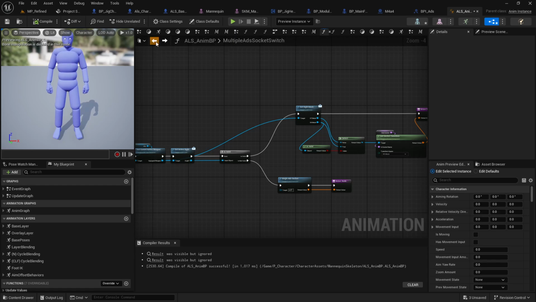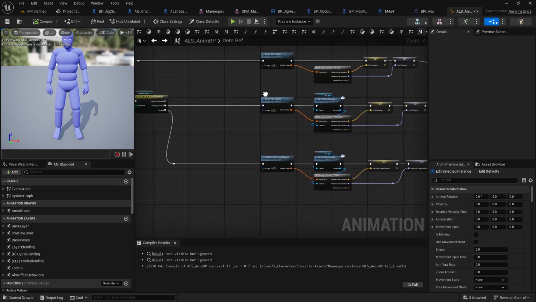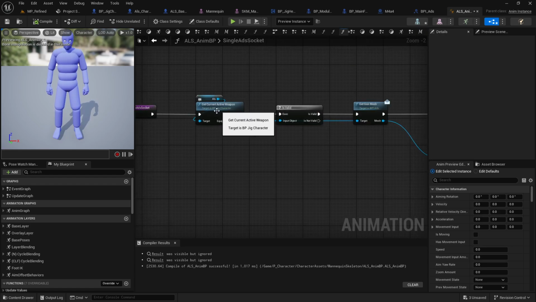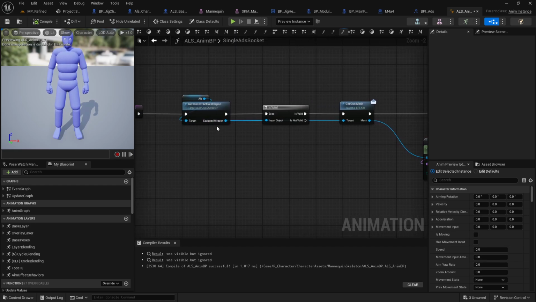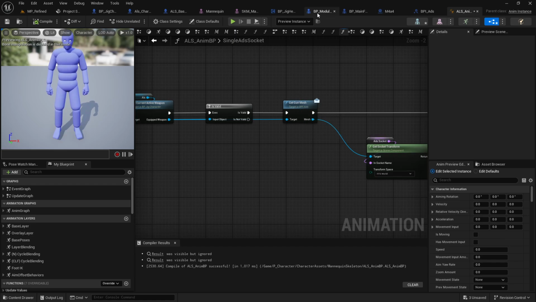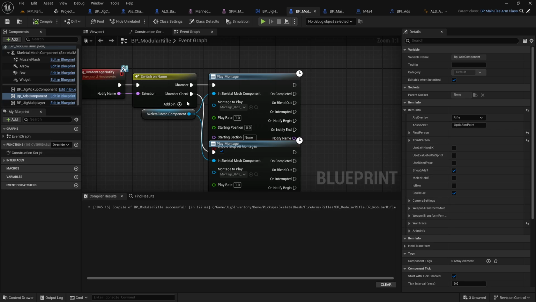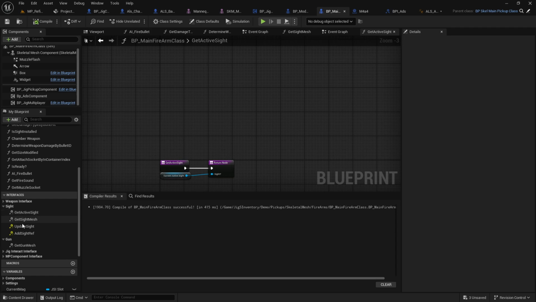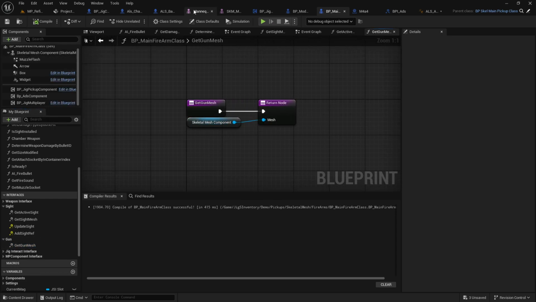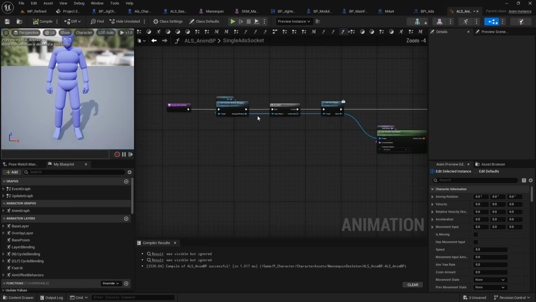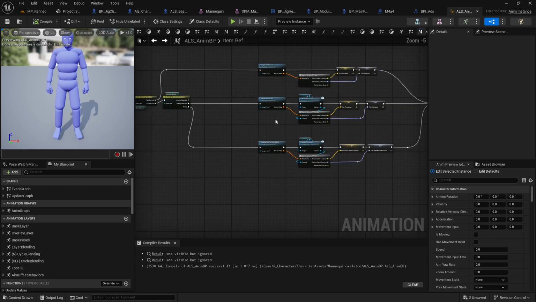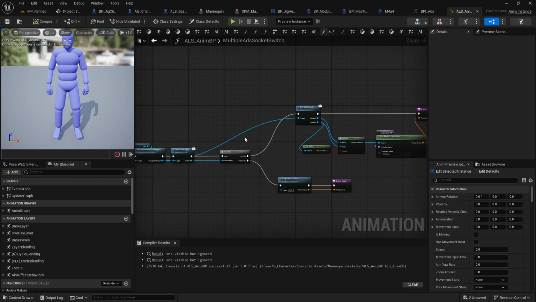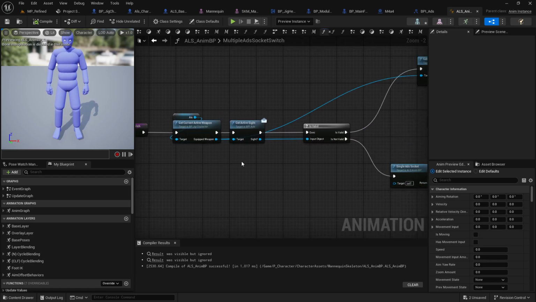So what I'm doing here, unlike the other integrations, is getting the current active weapon. This is a BPI interface that comes with the project, and then from the active weapon, I get the gun mesh. Single ADS socket that comes directly from the gun. When you're ADSing, the current active weapon,